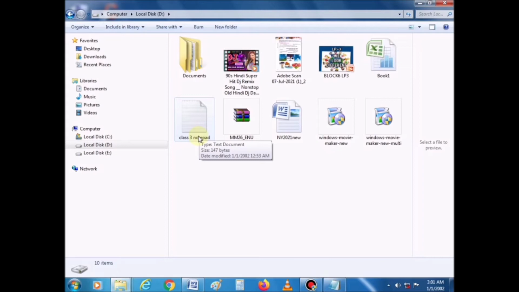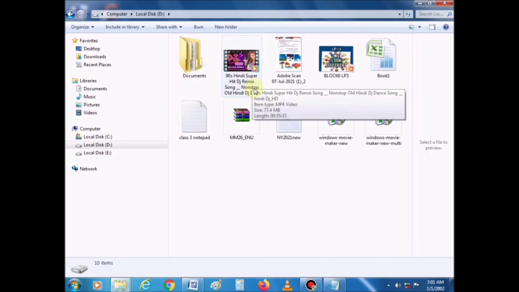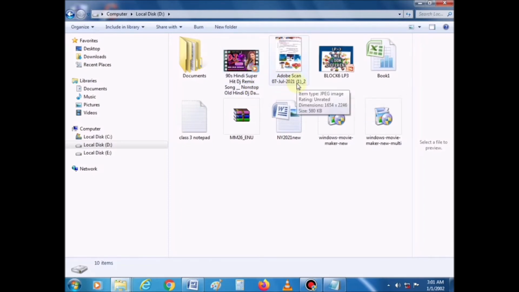Next is the spreadsheet file, and the program used is Microsoft Excel. You can see here the Excel icon. Now the next is sound and movie file, and this is the picture file you can see here, and the next one is presentation file, and the program used is Microsoft PowerPoint.